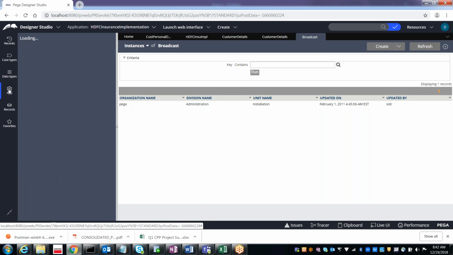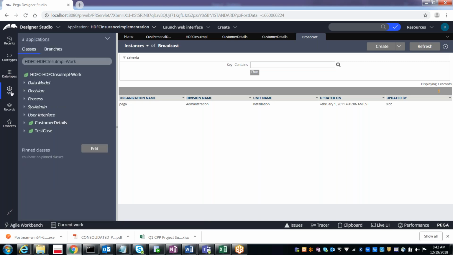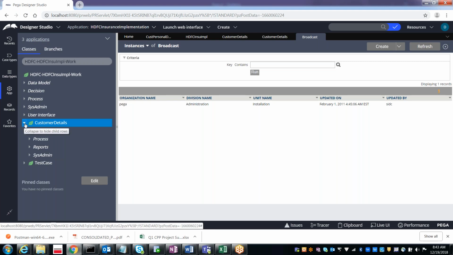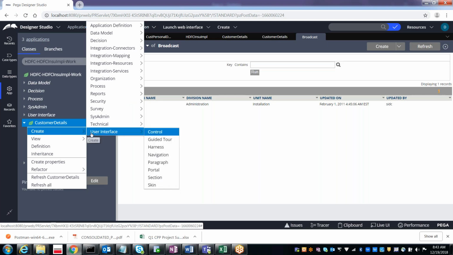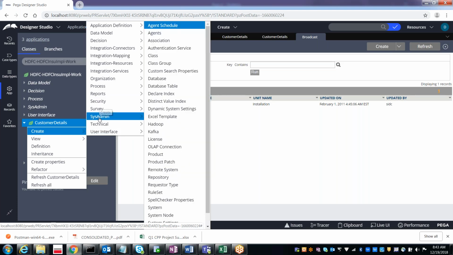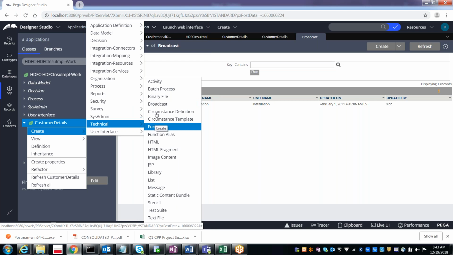Otherwise, in case you know in which class you want to create this activity, then you can directly go there and press the right mouse button on the class on which you wanted to create, and then technical, and then activity.